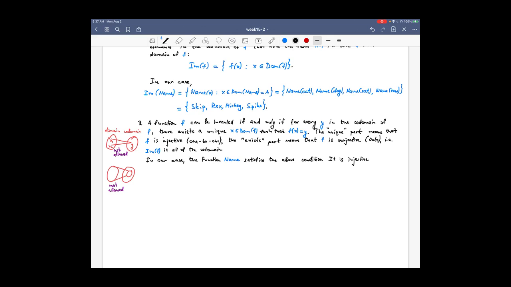It is, again, injective. Rather, let's first explain why it's surjective. It is surjective